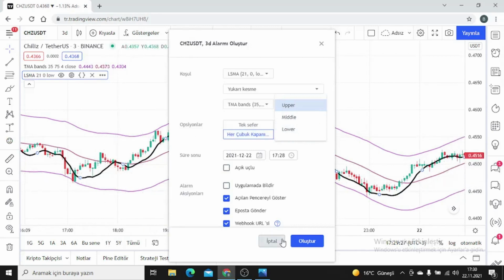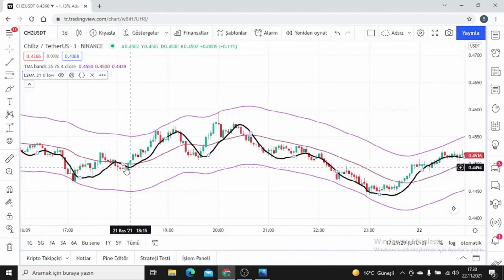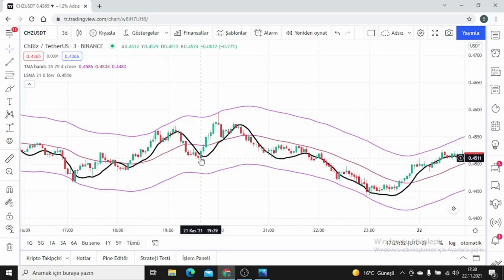But as I said, if you set the alarm on LSMA, this time friends, when you set the alarm on LSMA, you will choose TMA band. And the upper, middle, lower, 3 band names of the TMA band, you fix LSMA to any band. And when the candles there rise above the TMA band, the alarm will sound. But as I said, my advice, it would be better if an alarm sounds for you when every candle crosses the LSMA to the upside.